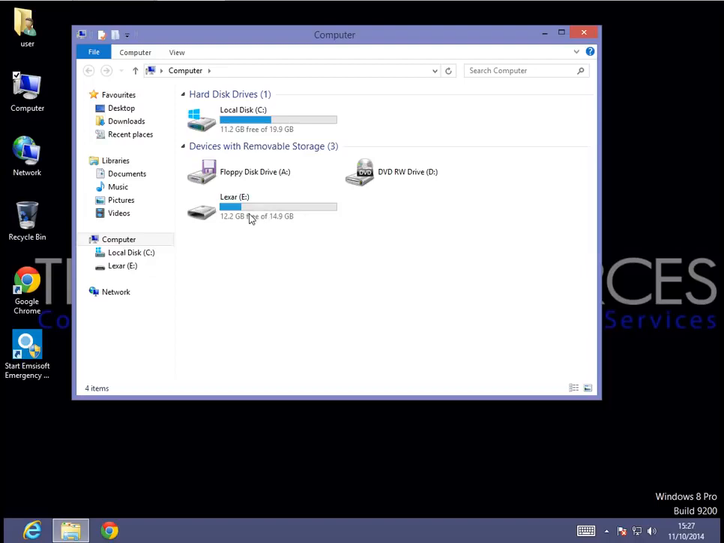If that doesn't work, go ahead and unplug the flash drive from the front of the system and then plug it into the rear of the system. Try each port until you find one that works. Now, if that doesn't work for you, the next thing I would suggest is